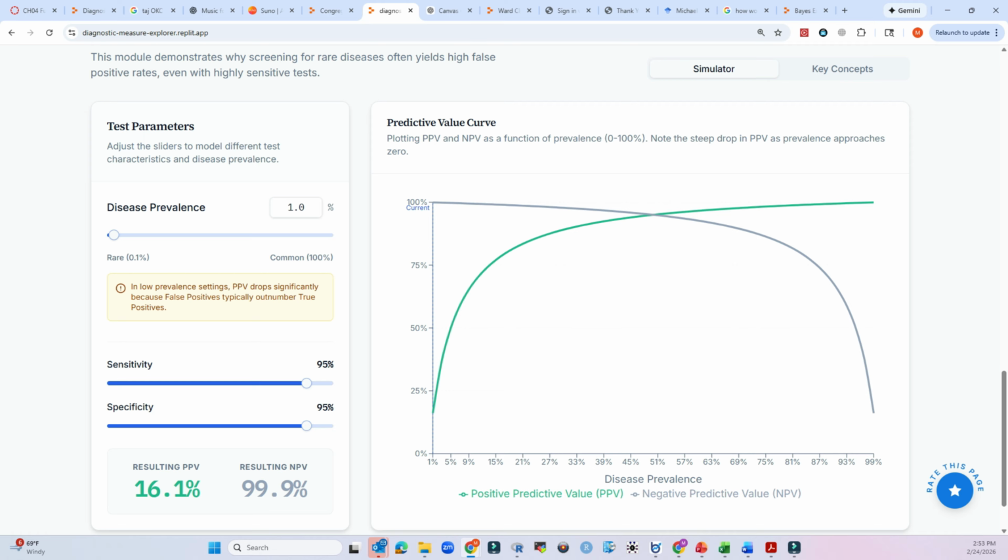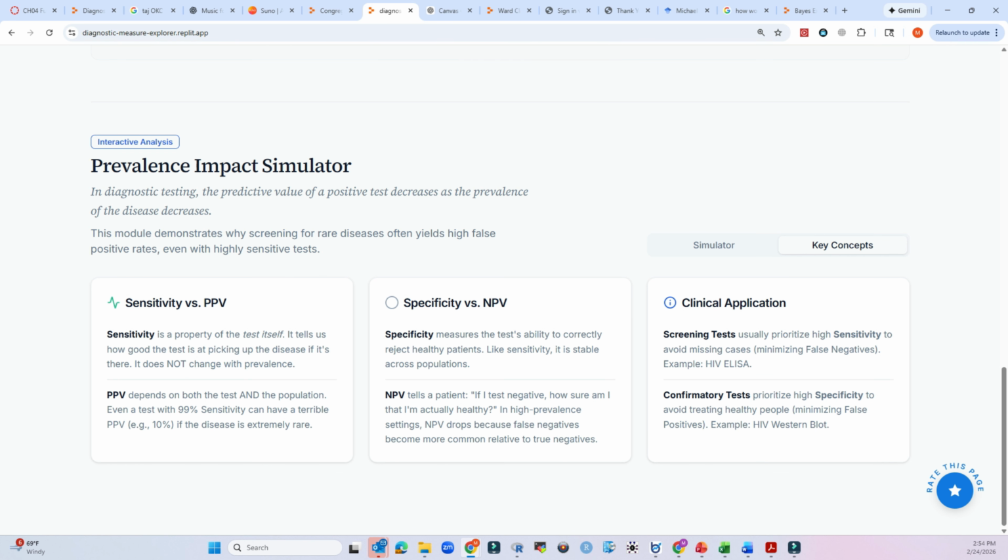In addition to the simulator that shows the positive and negative predictive values for different combinations of disease prevalence, sensitivity, and specificity, there are key concepts that can be highlighted here in terms of the sensitivity versus the positive predictive value, the differing interpretations of those two quantities, and the same thing for specificity and negative predictive value and how these things might be applied in the